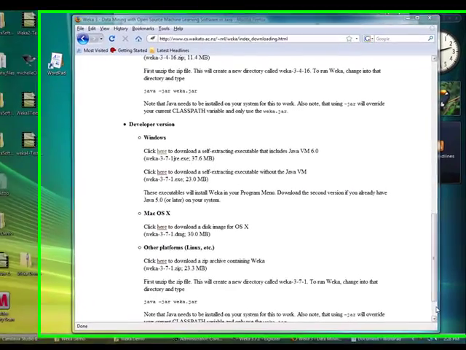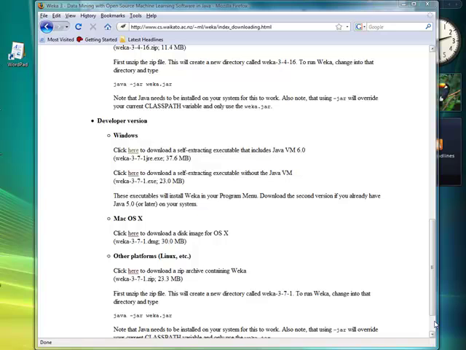Okay, now we have installed Weka, and suppose we want to use it for data mining. I'm not going to be doing text mining, which I did in different videos. I'm going to take some data from the website